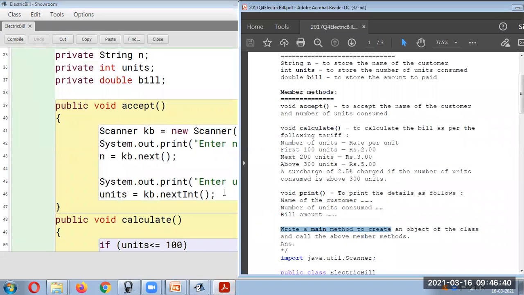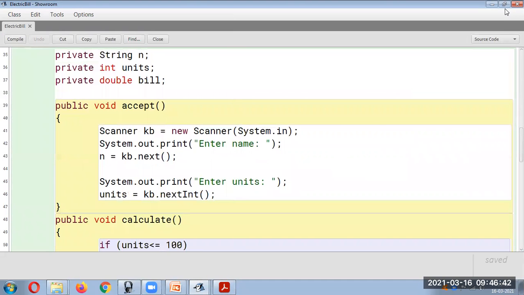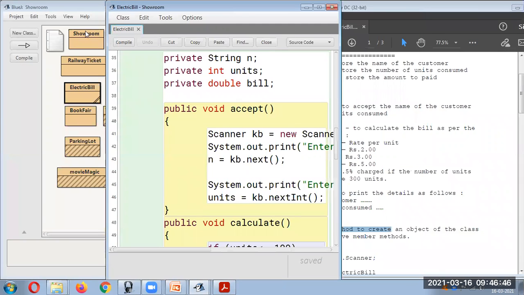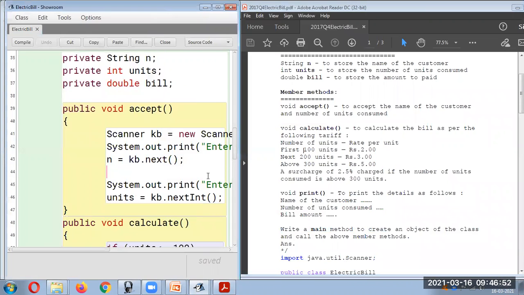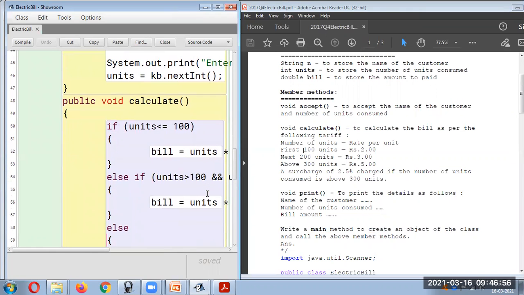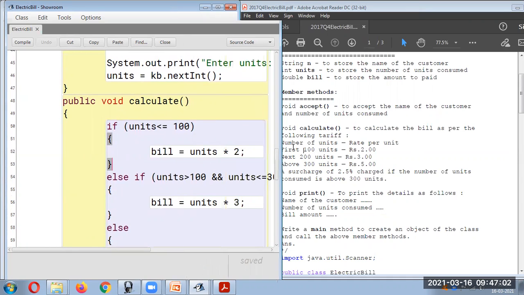Let me keep this open over here. So in calculate, let's keep both the windows open. In calculate, as you can see, if the first 100 units, it is 2 rupees.